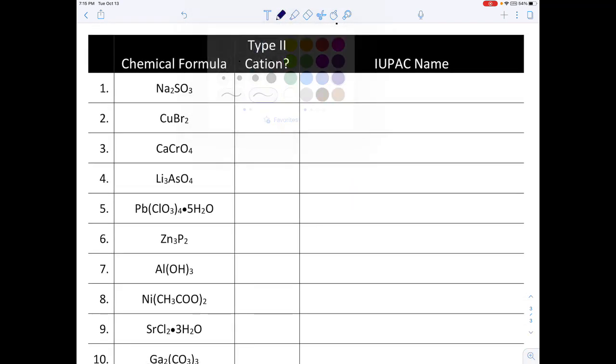So let's jump in. The first one, again, pause the video and try it yourself once you understand what you're doing. So the cation is always the first thing in the formula. So in this case, sodium is the cation. Sodium is an alkali metal. Those are not type 2 cations. They don't need Roman numerals. So given that, I'm just going to simply name the cation, in this case sodium,